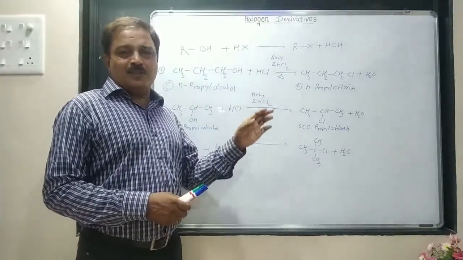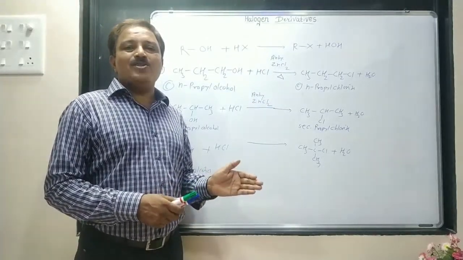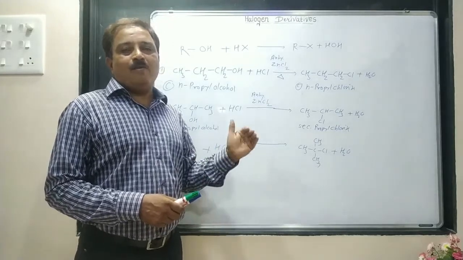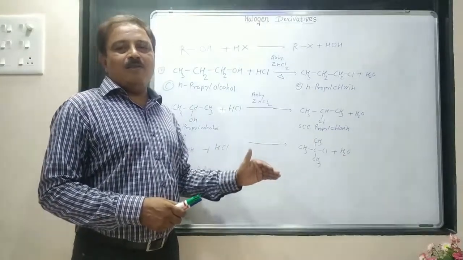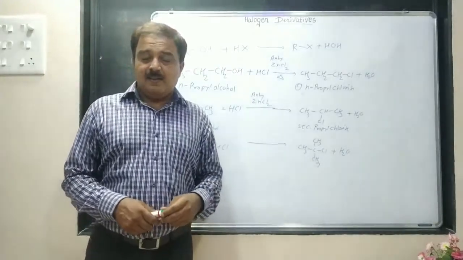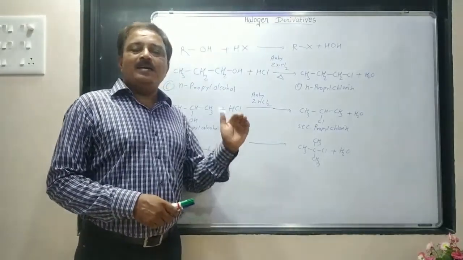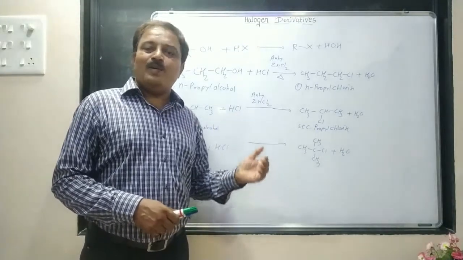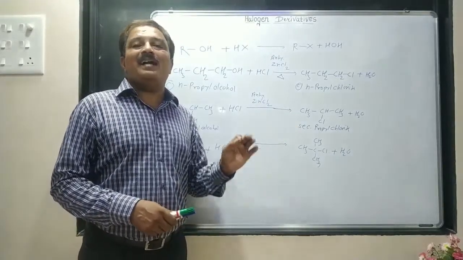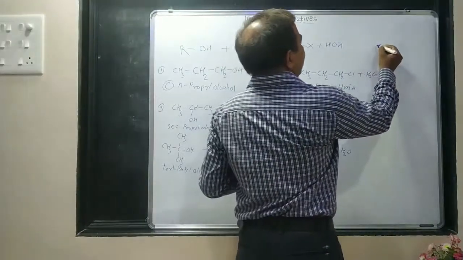If we observe all these three reactions, you will come to know that dehydration of a primary alcohol requires a higher temperature. For secondary, a lower temperature. And for a tertiary, a very minimum of 90 degrees Celsius only, dehydration takes place. So what we can conclude observing all these three reactions is that tertiary alcohols are more reactive than secondary alcohols, which are more reactive than primary alcohols, regarding dehydration. Now we will try to understand how the dehydration takes place.